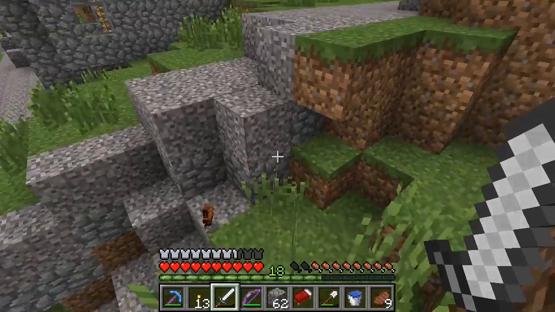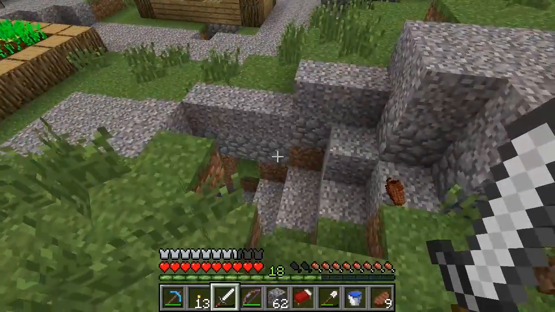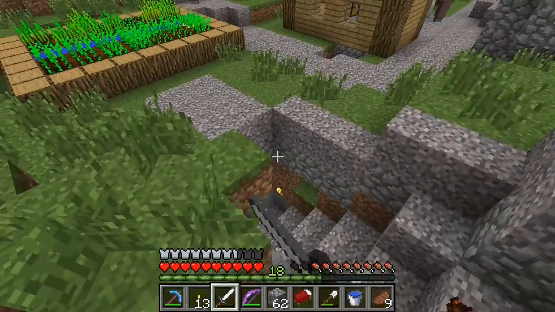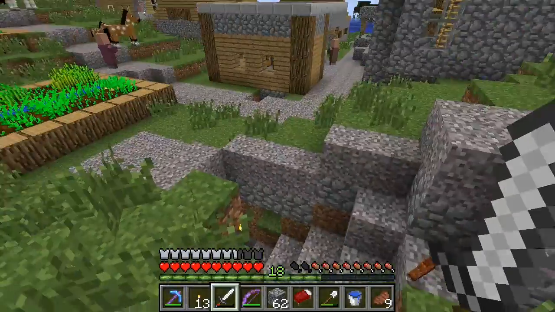Also, isn't this peculiar? I just noticed this on the way back. This is the village. Just gone on the way back. I came across here. This is the cave the zombies are coming out of. This is where the path has collapsed. And there's cobblestone underneath the gravel. What's the deal here? Is there always cobblestone under the...